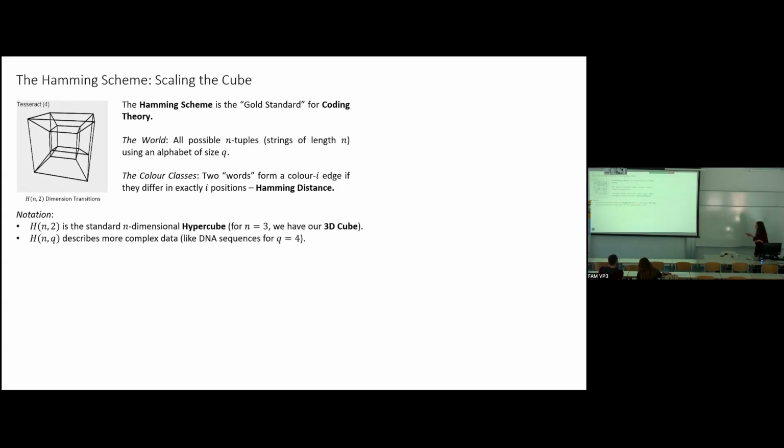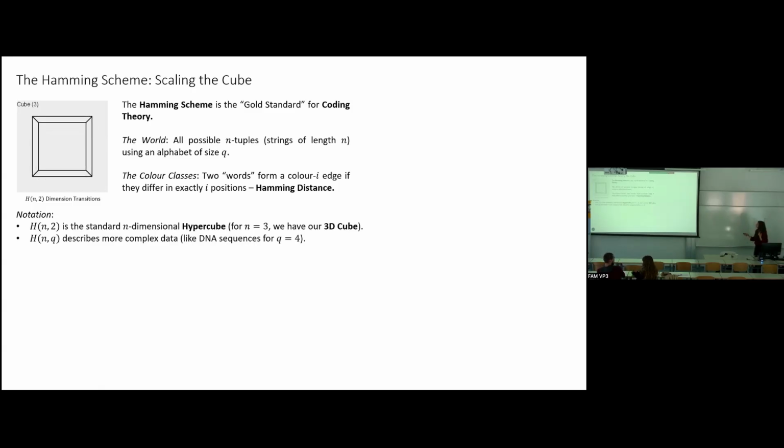So in association schemes, this is our world, our planet. We consider as vertices strings of length n from an alphabet of size q. In the previous one, the length was 3 for the words, and we had an alphabet of 2, 0 and 1. Then I define the color classes through this relation: